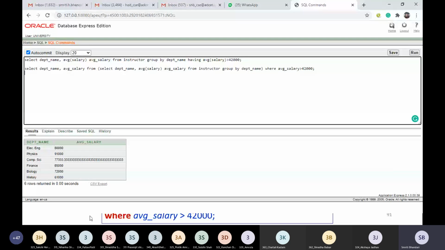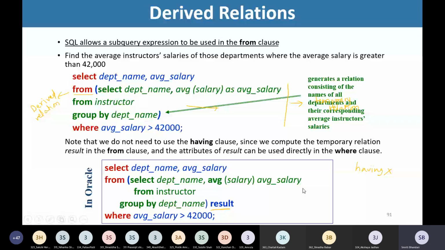So in the next session, we are going to look at a few more examples under derived relations, and then we'll proceed with one more interesting clause in SQL that will allow us to write complex queries, the with clause.